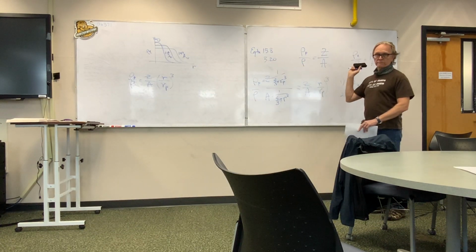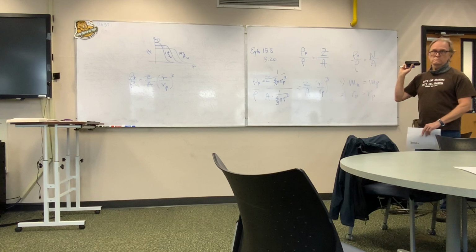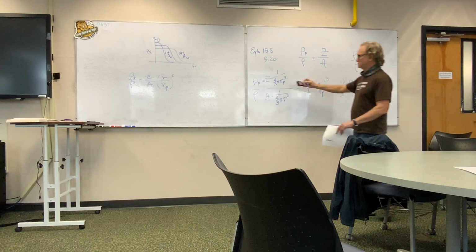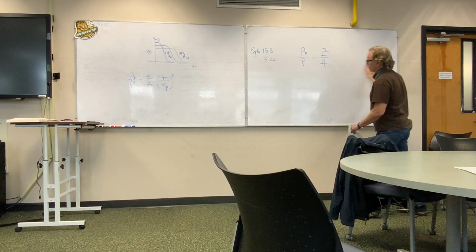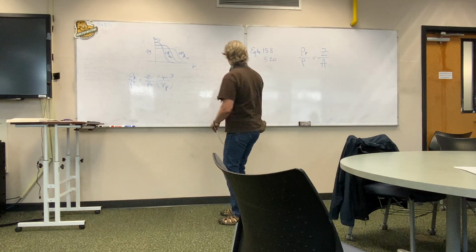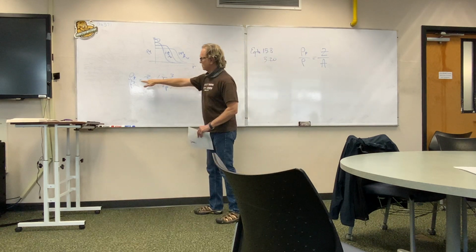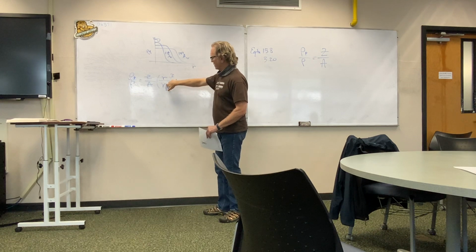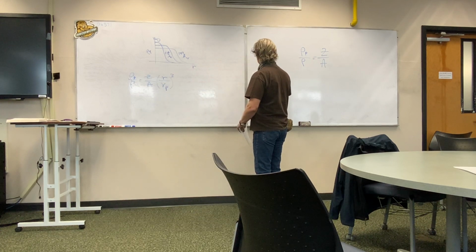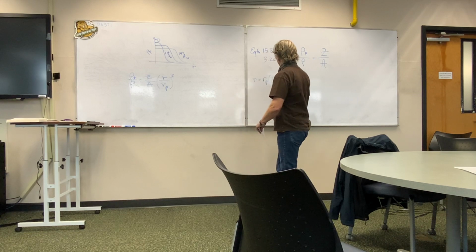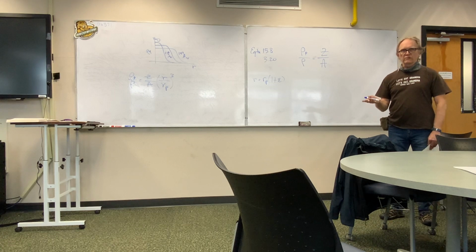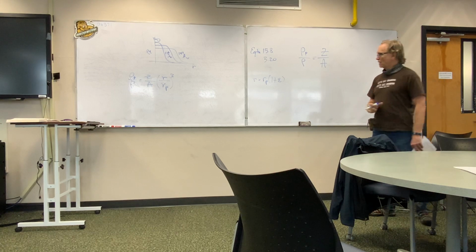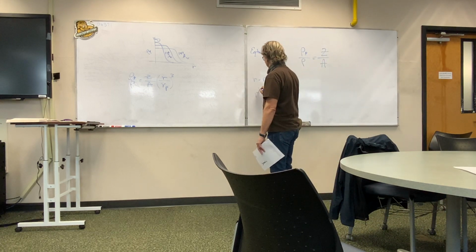Can I erase this stuff over here? I haven't done much. So R, this is the average R of a nucleon. This is the radius of a proton. So R will be R_P times some small number. And I think in calculus, y'all use epsilons for small numbers, epsilons and deltas. It's like a rule. So if I cube both sides,